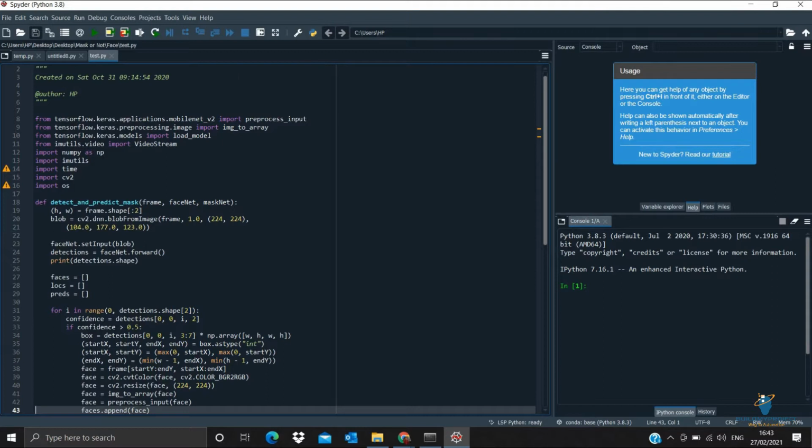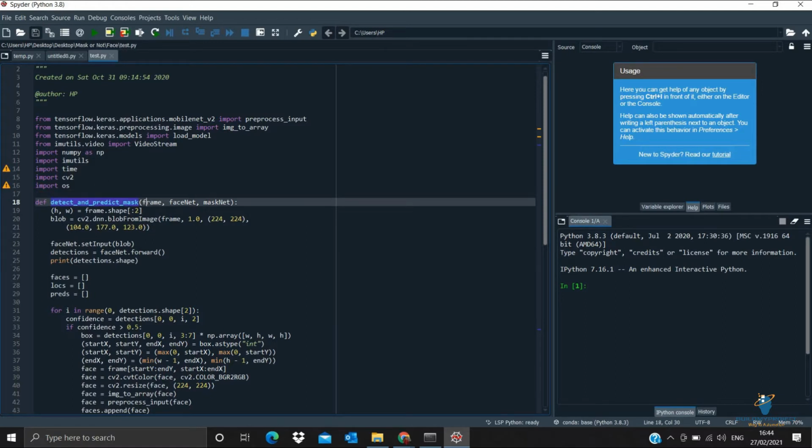The first part of our program is to import the libraries. We are importing the libraries with the help of the word import, the libraries which we will be using. After that, we are defining a function to detect a mask and predict masks. Afterwards, when you run your code, at the end you will just call the name of the function, and your system will get that function and execute the program.